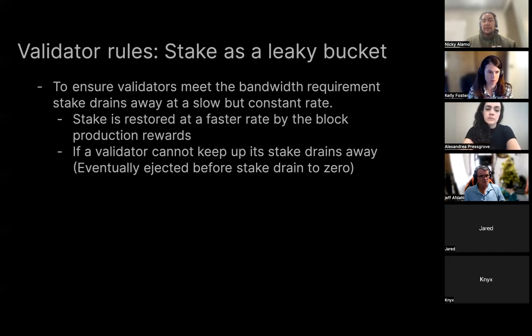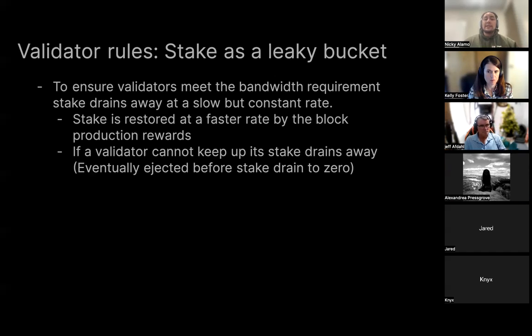So if you are a validator participating in the Silvermint network and everything is up to snuff, you are meeting your requirements, you are doing the validating that you're supposed to, there's blocks being created, there's validation, you're never even going to see this. You're just going to see an increase in your stake and essentially your accounts. But if for some reason you're not participating in the network, you're going to see a small leakage from your stake. And we're hoping that incentivizes validators to participate the way we want.